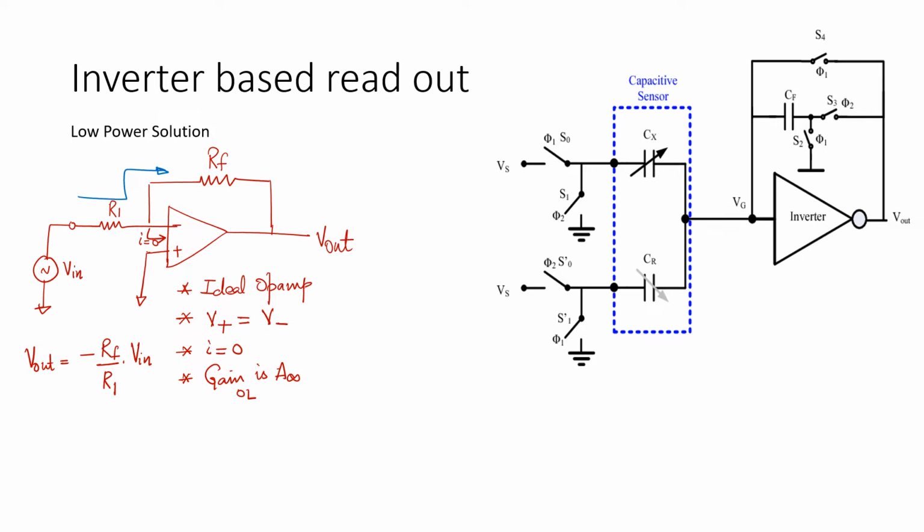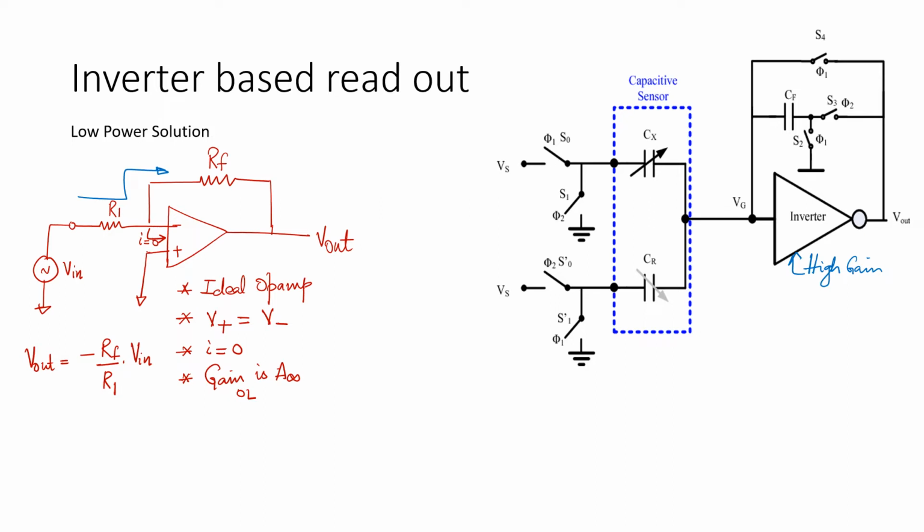Now let us utilize this understanding of ours into how do we read the readout here. How do we translate the same for the inverter? So in this case, the inverter is playing the role of the ideal op amp. So it has got high gain. This is expected to have a high gain. Now once this is high gain, all the other circuits are fairly simple. So the RF or the feedback resistor is given here using a capacitor in parallel with another path for the